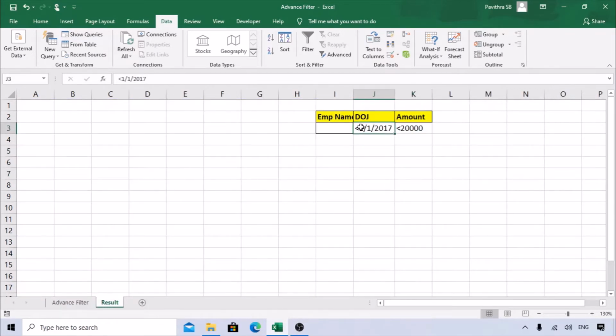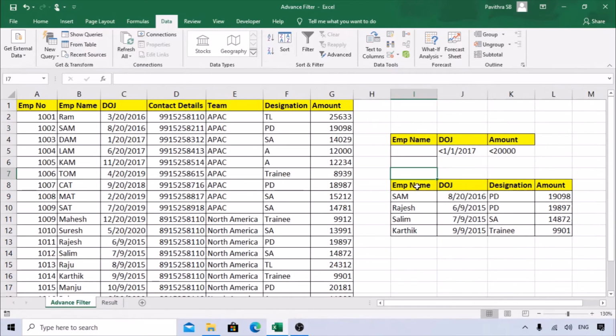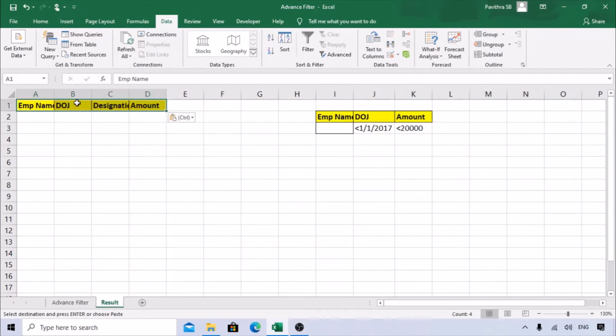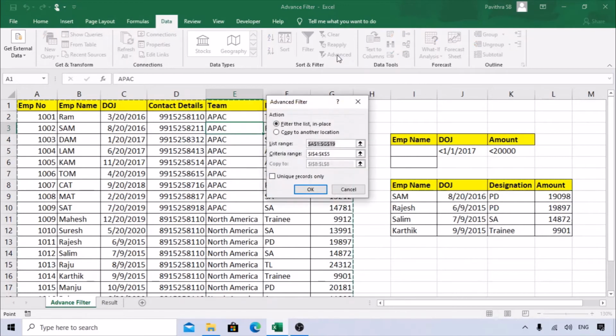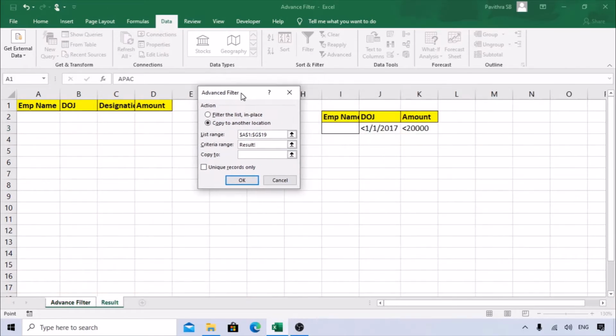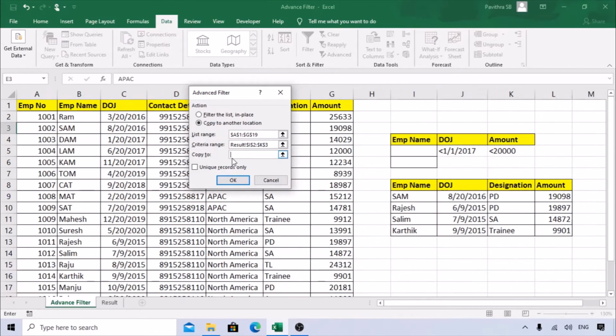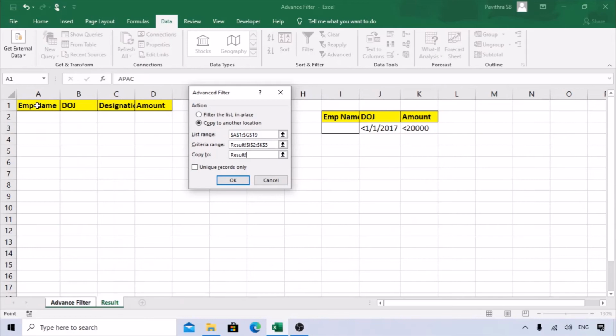So right now I need to get the data of, say for example, only these people's result here. So I'll put the headers right now here. So let's put the advanced filters now. So select data, advanced filters. So copy to, we need to copy data, copy. The range is already selected, this range. Criteria range, remove it. Copy to also remove because it is taking from here. Criteria range, I need to select the criteria here, right? And copy to is this. We should copy the data into this result sheet.